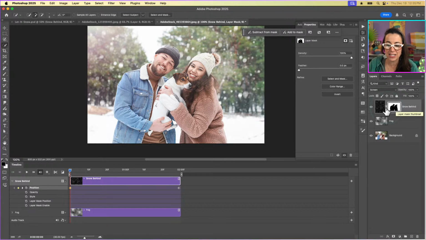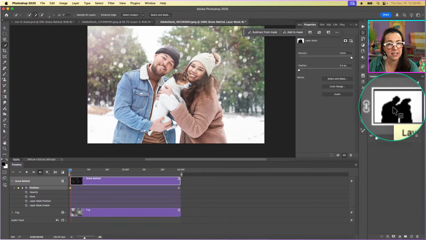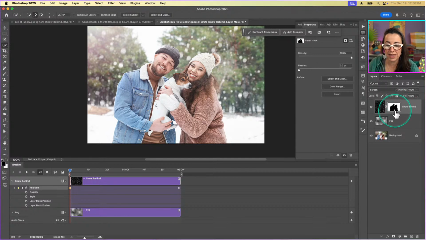And in this case, that's what we want. We want to hide the snow from the area where the subjects are. And that's what a mask does. So you can see in the thumbnail here, the subjects that were selected are now filled with black in this area, and the background is still white, which means if I come over here, oh, and other important key tip,